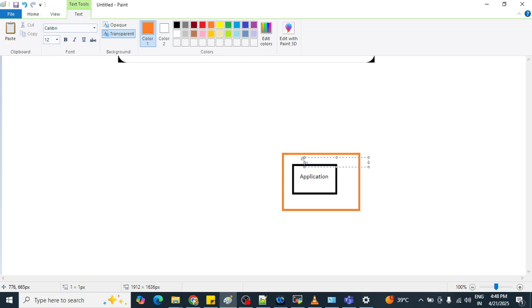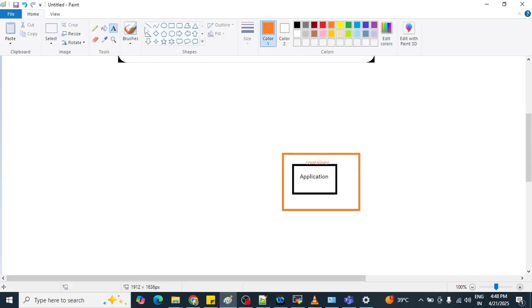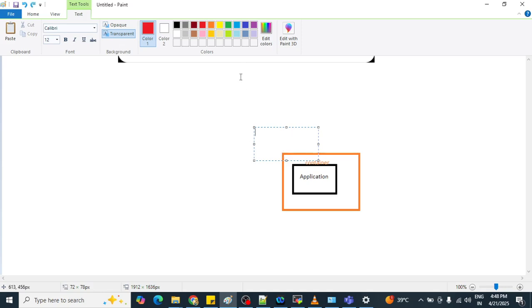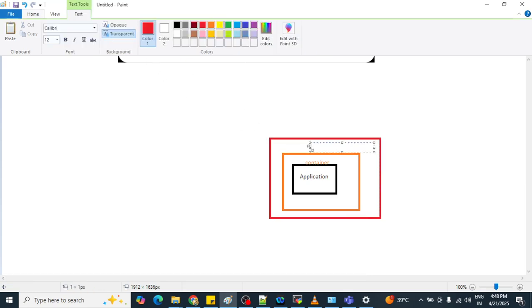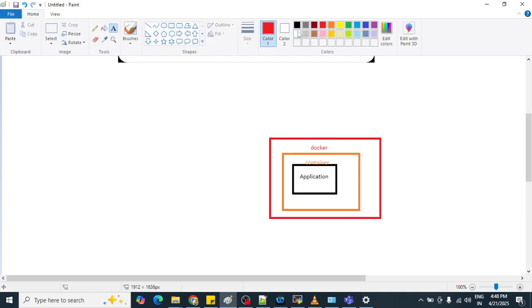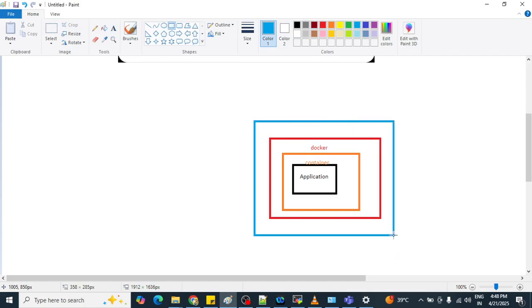Got it? And your container will run where? Over the Docker. Got it? And this Docker will run over EC2, that is your VM.